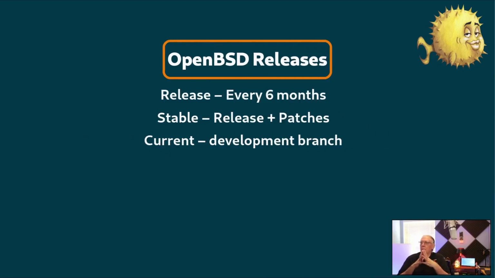There is markings on their releases. So the releases come every 6 months, but then they do stable releases, which are releases plus patches. Those could be testing releases, or releases that are going out to fix vulnerabilities or bugs in the normal core. There is a mechanism within OpenBSD that allows you to do patching of the system, as well as a mechanism to allow you to do full upgrades from one release to another.